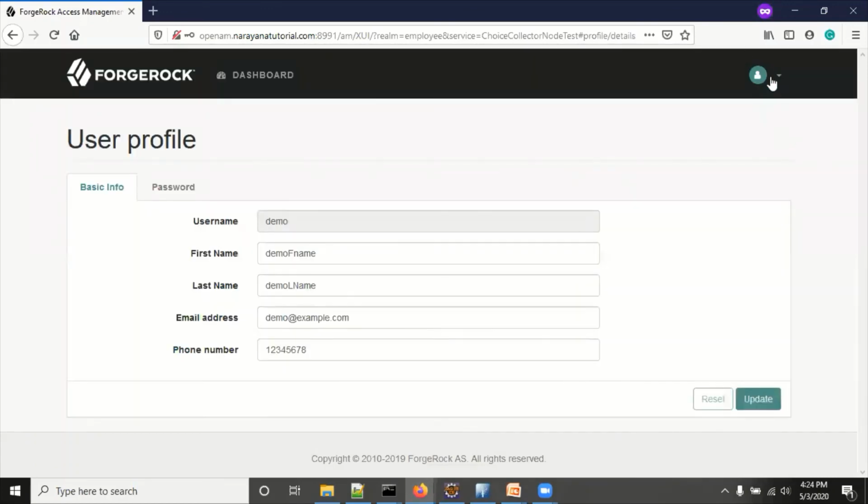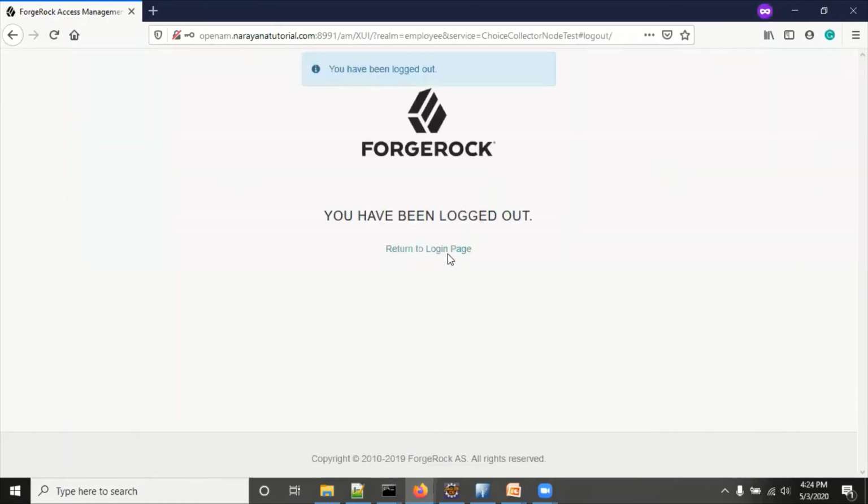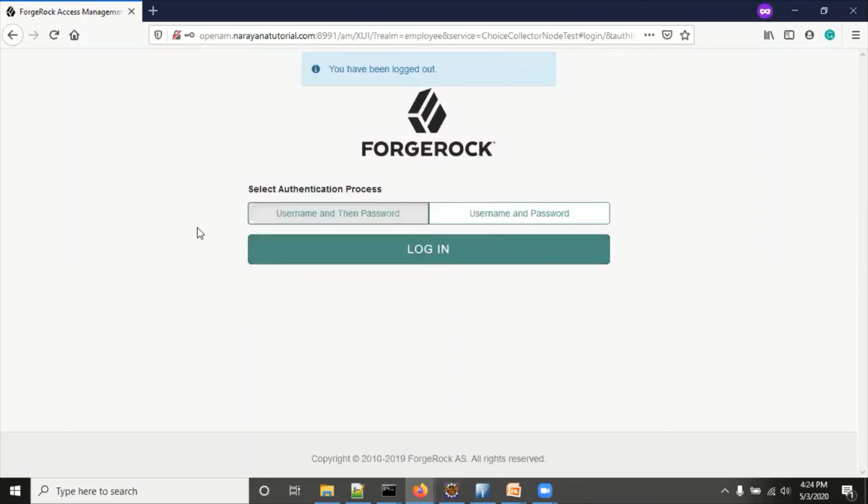So this is the choice collector node, which gives the choice to select from multiple options to log in to the application. In another example, you could choose login with username and password or login with OTP only, like we have seen on real-time websites. In real-time applications, we have multiple types of authentication mechanisms.